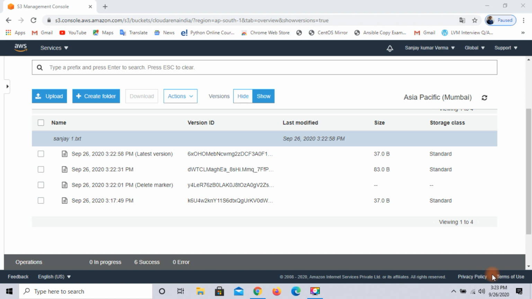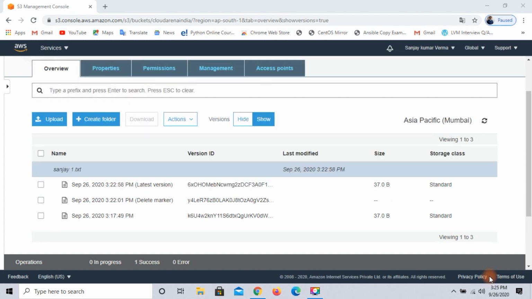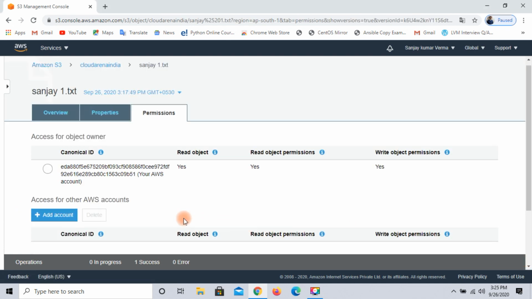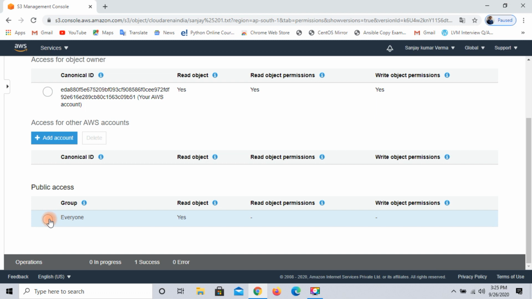So there is a way or chance to recover a file which is deleted accidentally. For my object to be accessible, I will assign the permission like this. Click permission and click everyone. This file already has permission, so no need to assign it.